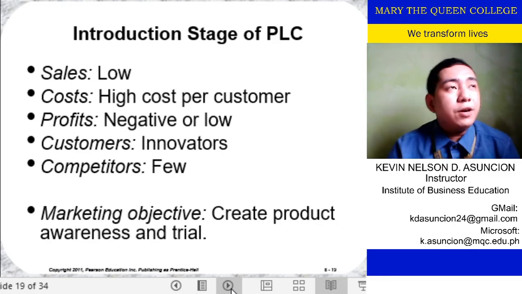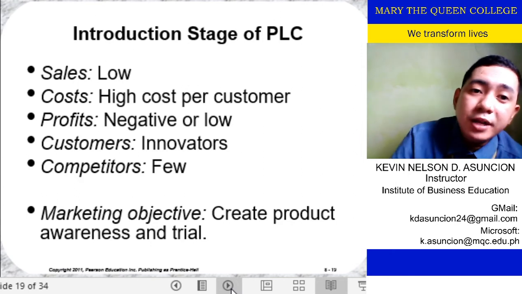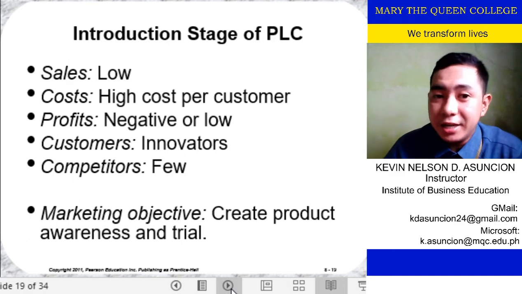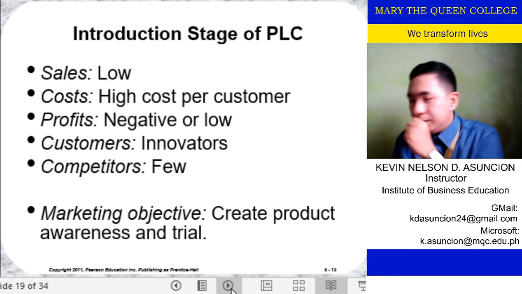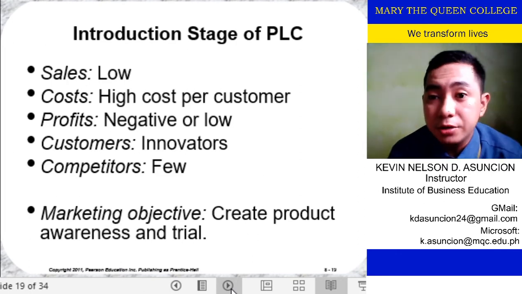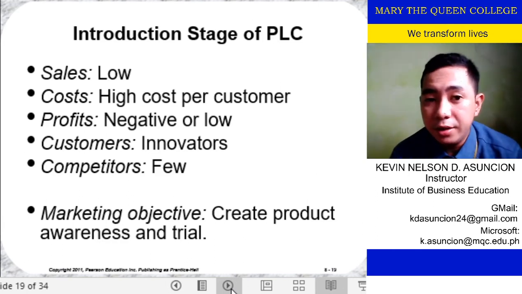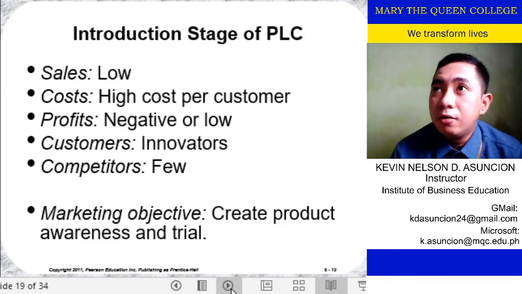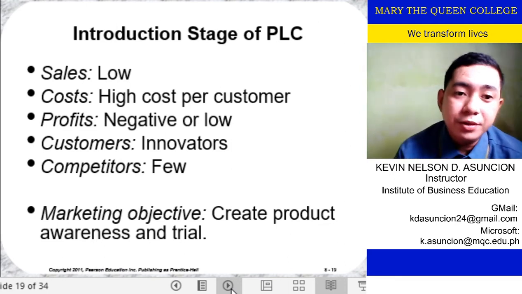No? So whenever you do introduction, of course you're through with the product development. Look at this. You get to be introduced. And of course, hindi ka pa kilala. So, low market share ka pa. So, sales is low. And of course, cost will be high for per customer because it involves the product development costs. No? At some point, the profit may be low, no? Or even negative. Then, your customers are those who are trying something new. No? And your competitors may be few. No? That's the product life cycle.